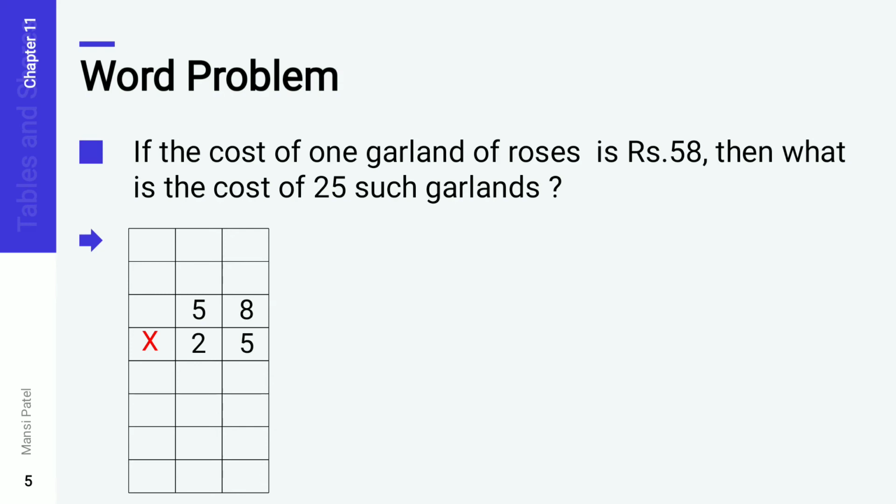Now what do we want to do? We have to start the multiplication from the ones place. So we have to do the multiplication of 5 and 8. 5 8s are 40. So 0, 4 in the carry. 5 5s are 25. 25 plus 4, 29. Now we have to start the multiplication from the tens place.